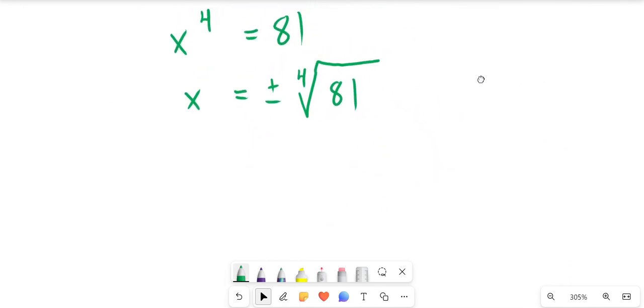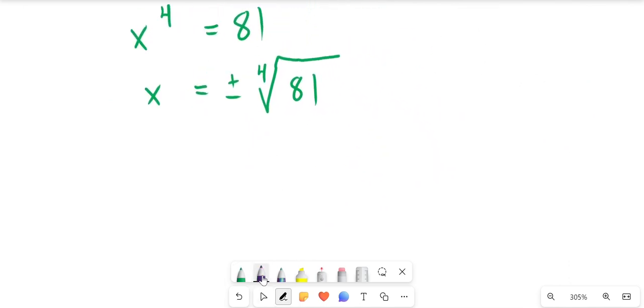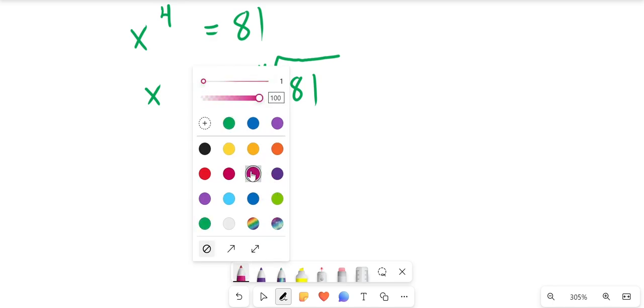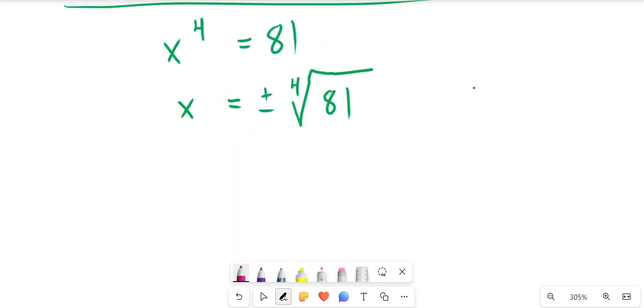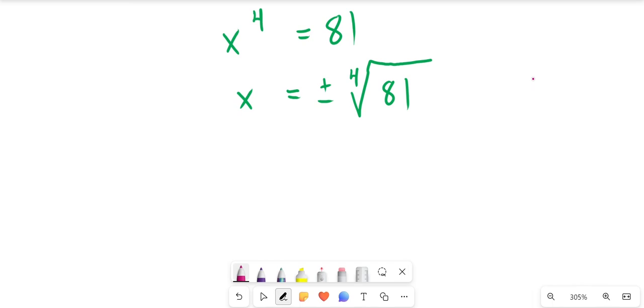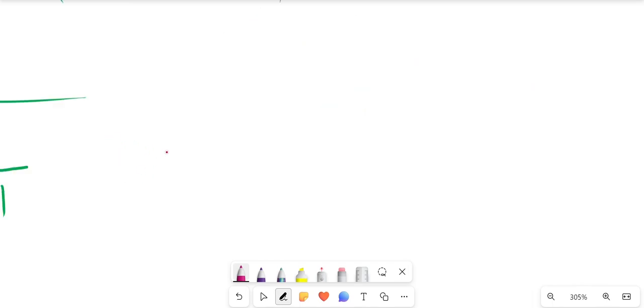So another way that we could say this is with fractional exponents. Right? Fractional exponents and radicals are going to mean the exact same thing if we take our time with it. So let's say,